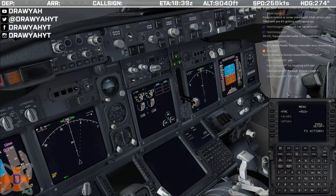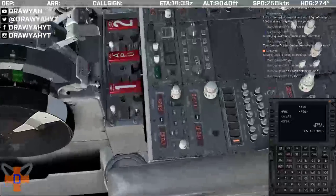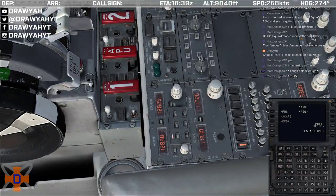Okay. Position-wise, I was... let me just set it. So it's at 8,000. 250 knots. Which is 240, just for the safe side. Flight directors on. It was 279. We're not going to use auto landing or anything. This will just be a standard manual landing, so that is fine. VATSIM's still going to track my... Oh no, I'm disconnected from VATSIM, that is fine. It was